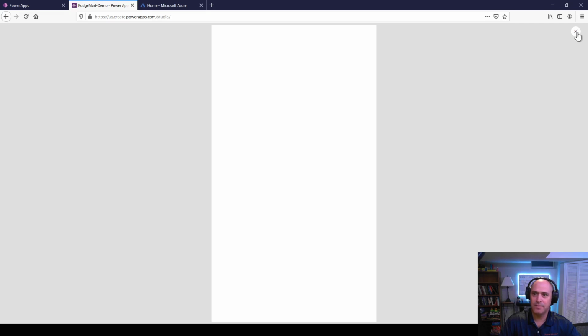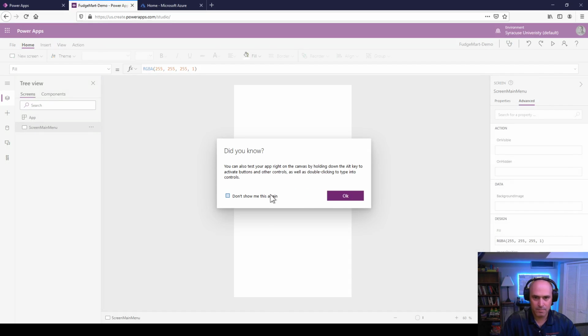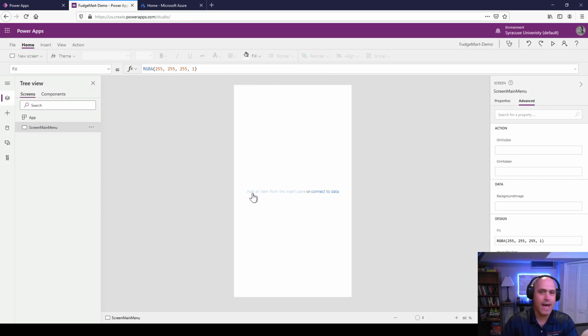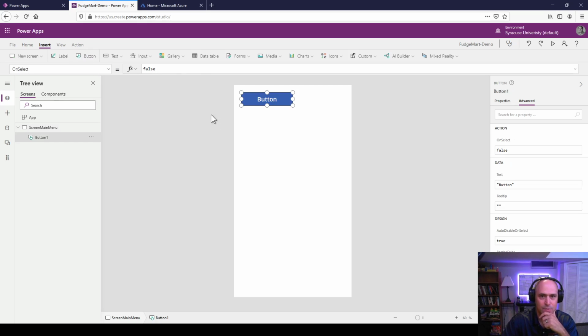Now let's make something interesting happen. Let's go ahead and add some buttons to the app. So I'm going to go up here to insert, and then there's button. Let's just put a couple of buttons on there. I'll bring them down here. This button here is going to say